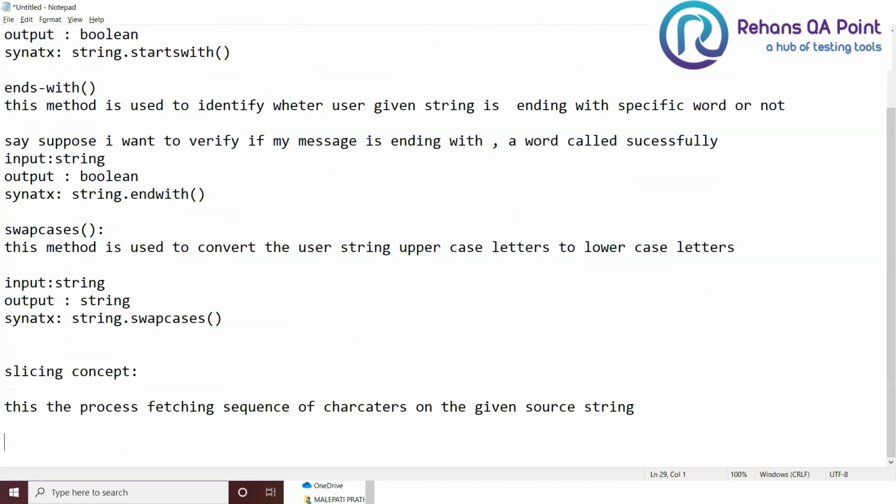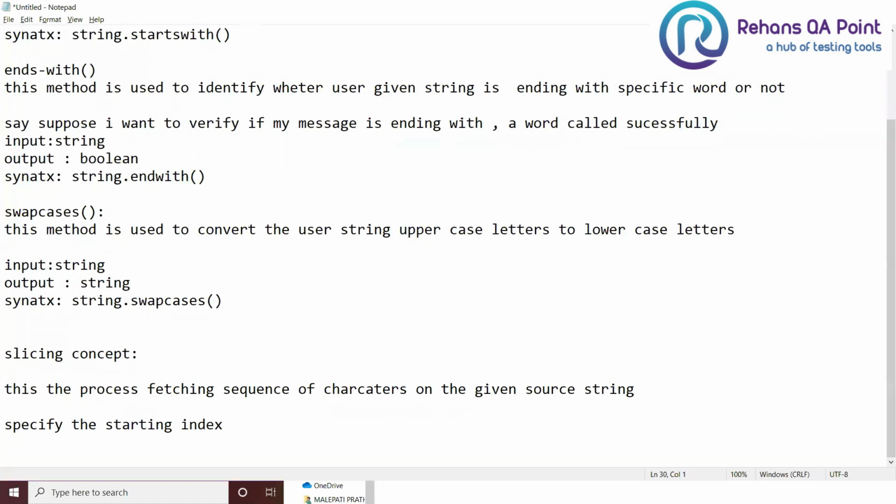Specify the starting index. Specify the length of characters. By colon separation.